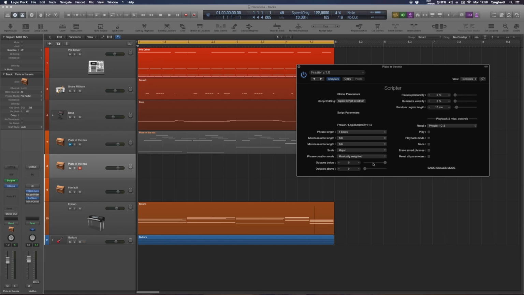If you wish to extend the range of your melody to be wider than just 1 octave, you can add an octave below or an octave above, or even 2, I think. Sorry. Yeah, you can expand the range of your melody. The pauses probability is a setting for how many percent of the notes will randomly be turned into pauses instead of notes